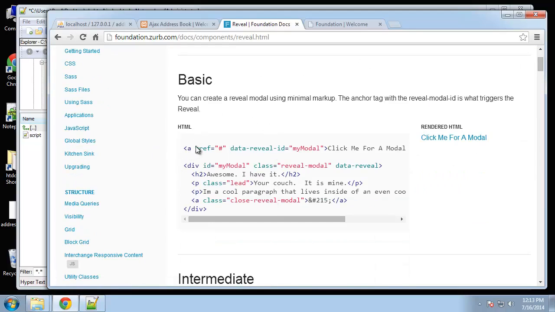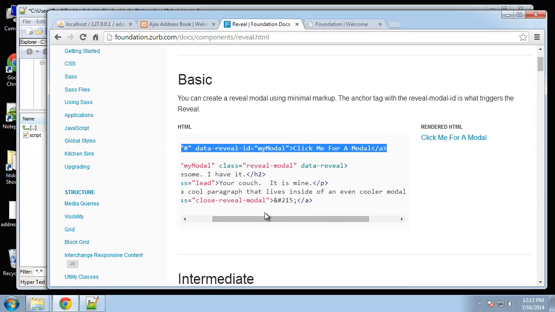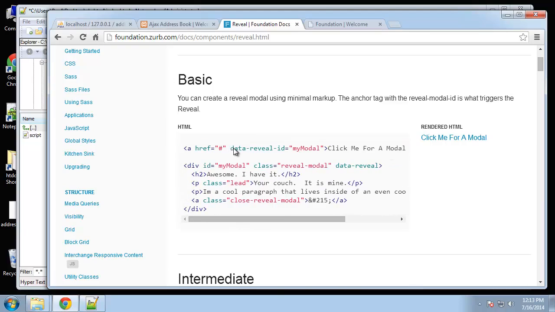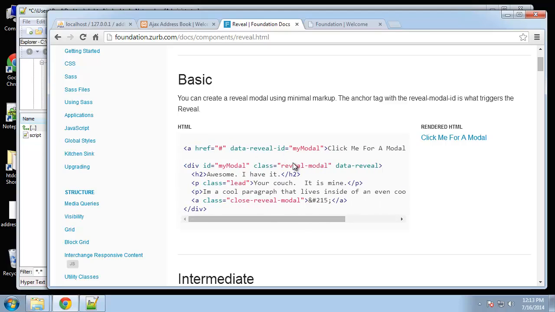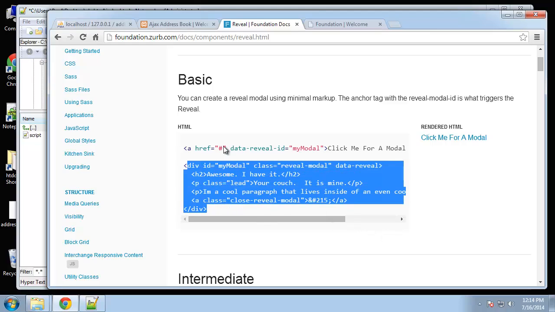We have a link, and you want to put in that link this data-reveal-id attribute, and that should be equal to, actually that can be whatever you want, but you need this ID. They click on the link, and then it's going to go to a div with the ID that matches this ID. So this whole div is going to be displayed inside of the modal